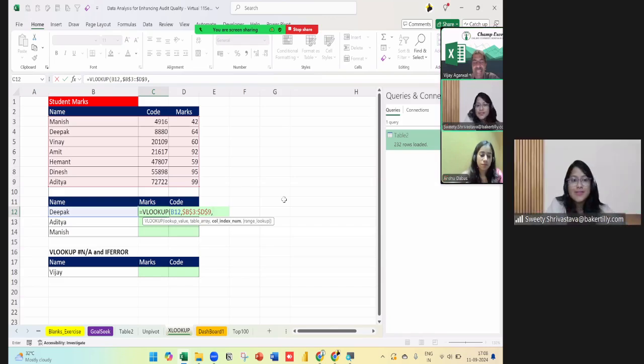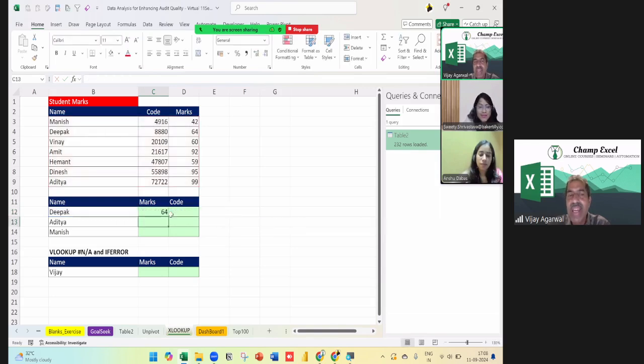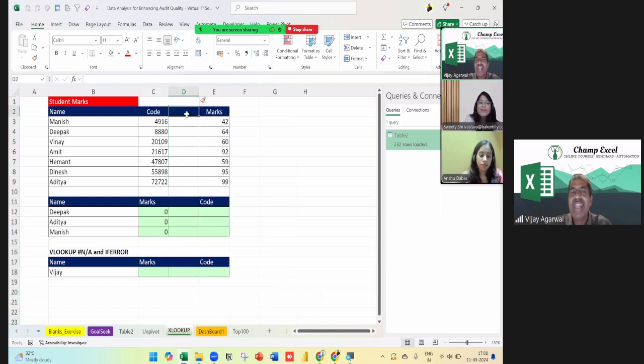So here, if I put 3 and if I put 0, that is false, the exact match, I'm going to get the results for that. Now suppose this result you have is in another sheet, and later your boss tells you to put the previous year's marks before these marks, and you insert one column and put the last year marks there. Now if you get this result, what will happen?